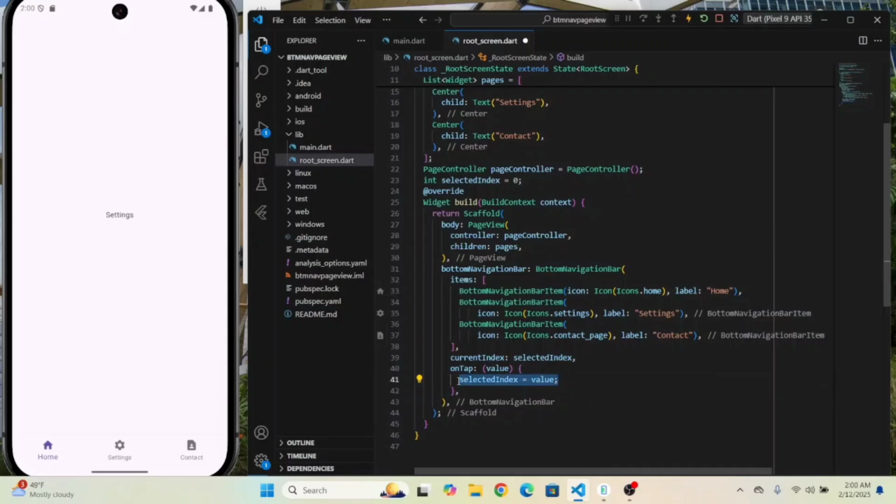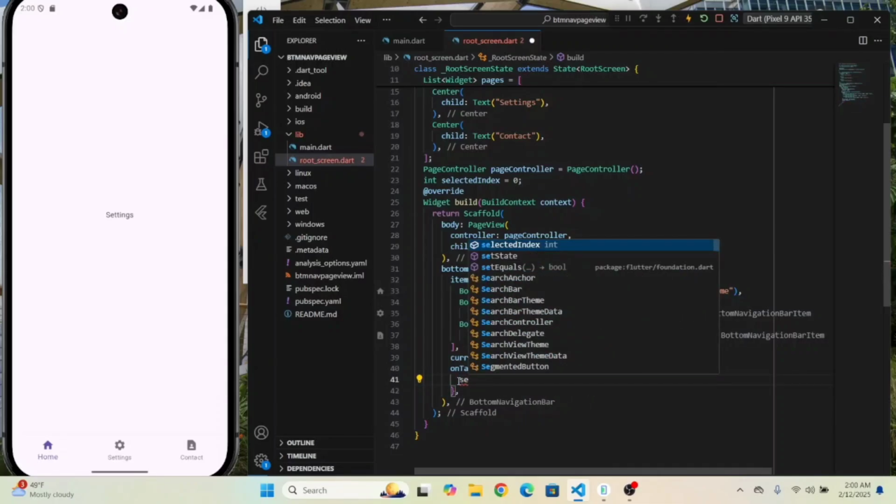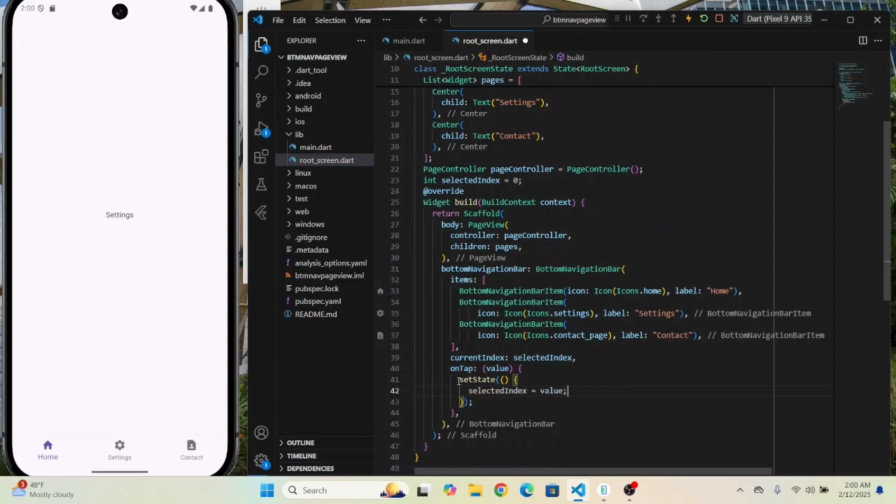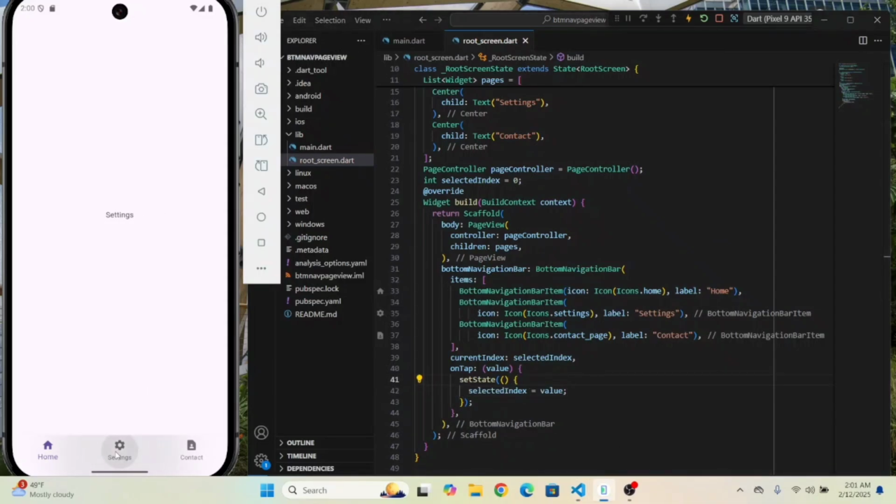Now copy this and change the state, the current state. Save it, and if you tap over here, now as you can see it's changing,